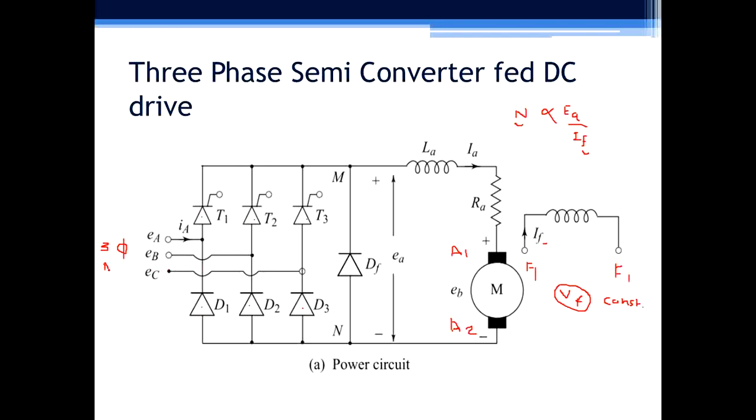So three-phase AC is to be converted into DC using these 3 thyristors and 3 diodes. A freewheeling diode is connected across it to freewheel the energy from the load in itself. In order to understand the operation, we need to know that T1 will conduct when A phase is positive, T2 when B phase is positive, T3 when C phase is positive, D1 will conduct when A phase is negative, D2 will conduct when B phase is negative, and D3 will conduct when C phase is negative.